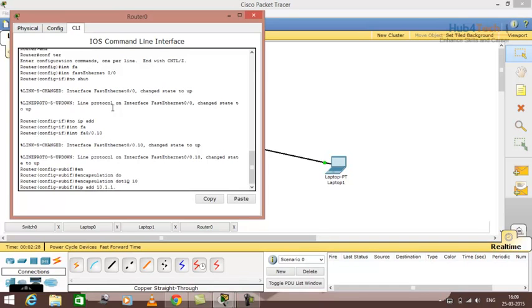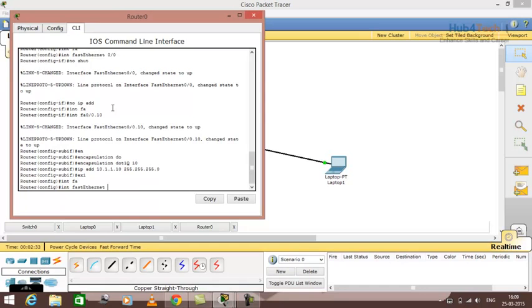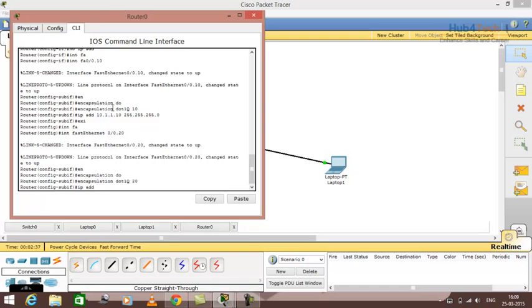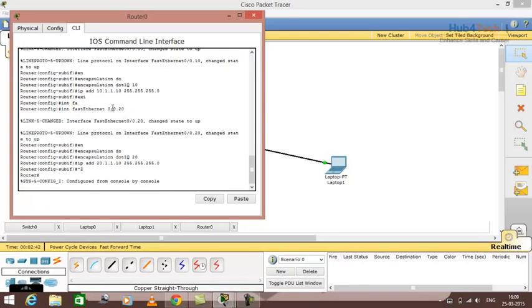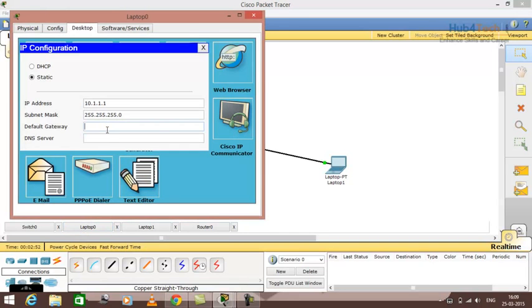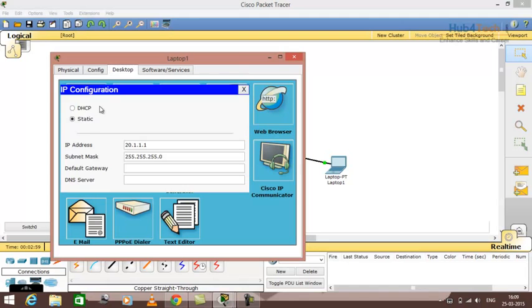IP address is 10.1.1.10. And then we have to go to the other sub-interface. IP address is 20.1.1.10. So what I did here, I have created two logical sub-interfaces, and I have assigned the subnets which I have given to the different laptops. Now I have to go to laptop 0 and give the default gateway, in this case 10.1.1.10. Same, I have to go to laptop 1 and assign the default gateway which is 20.1.1.10,